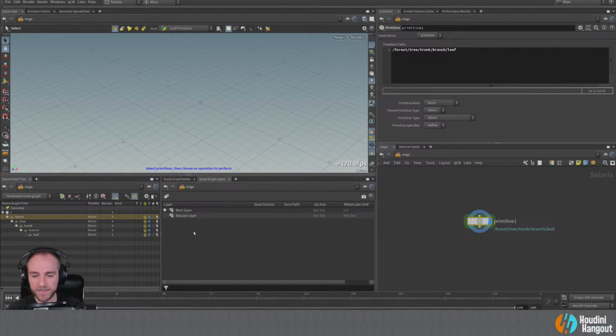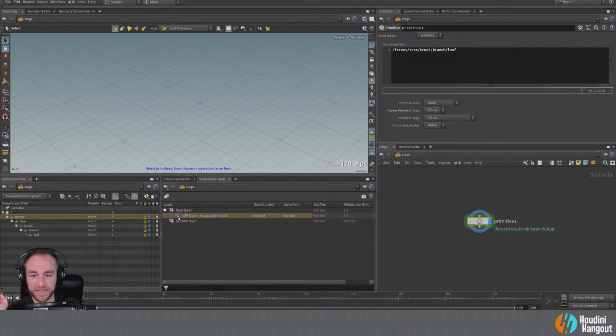And then this scene graph layers is one that I actually hadn't heard a lot about before I started diving into some of these deeper topics. So it is maybe a more technical look, but basically what this is showing you is the current layers that are existing in your scene. When I say layers, USD refers to files on disk as layers. So that's usually how you're looking at it when you hear the word layer.